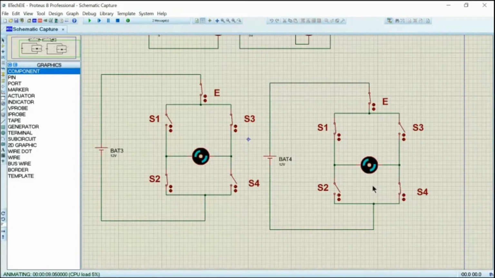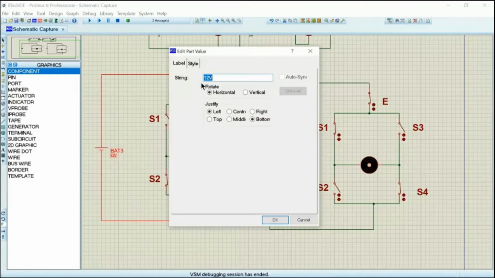So one is rotating in the clockwise and the other one is rotating in the anti-clockwise. Let me lower the voltages here to 5 volt so that you can clearly see that.